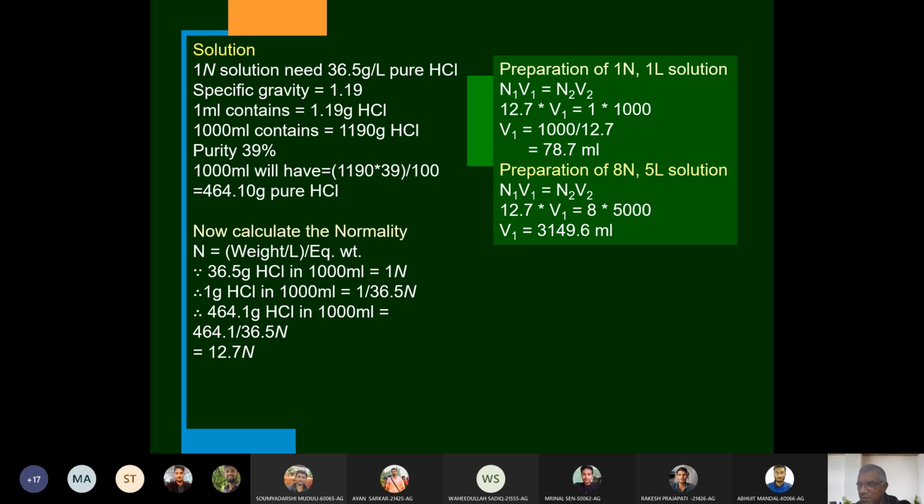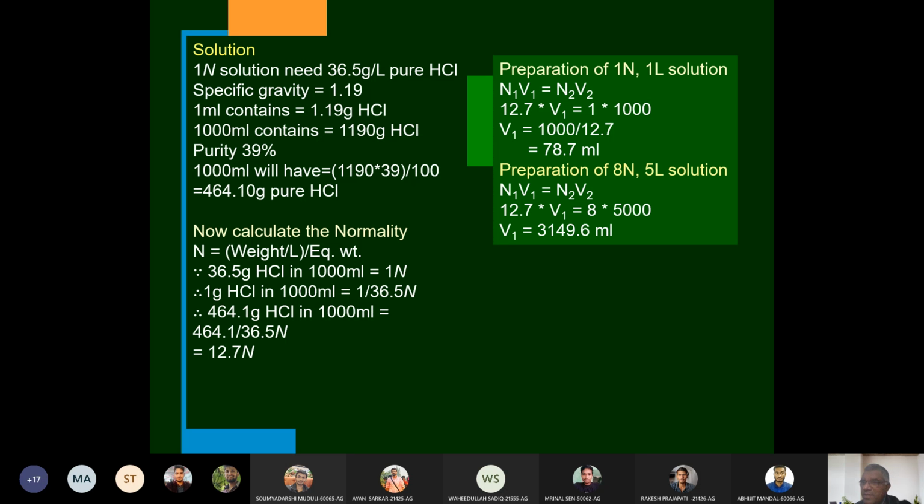And then you can further dilute it. If you want to dilute this 1 normal solution, you can simply use the same relationship, N1V1 = N2V2. Now you have 1 normal solution, and you want to prepare 0.2 normal solution from this. And you also know the quantity. Suppose you want to prepare 500 ml. So accordingly, you can do the calculation.